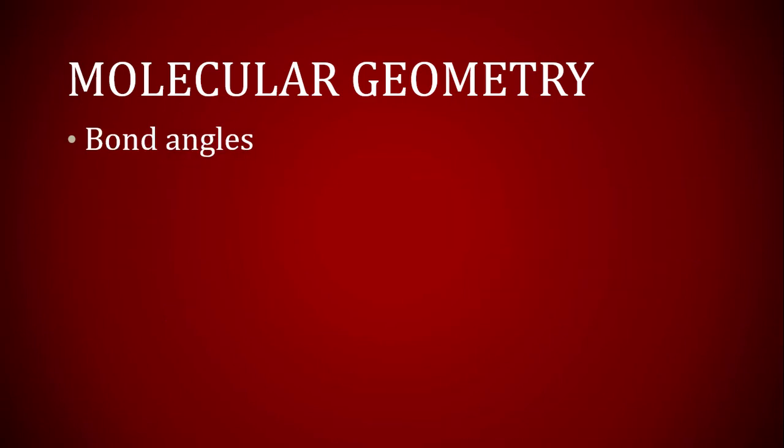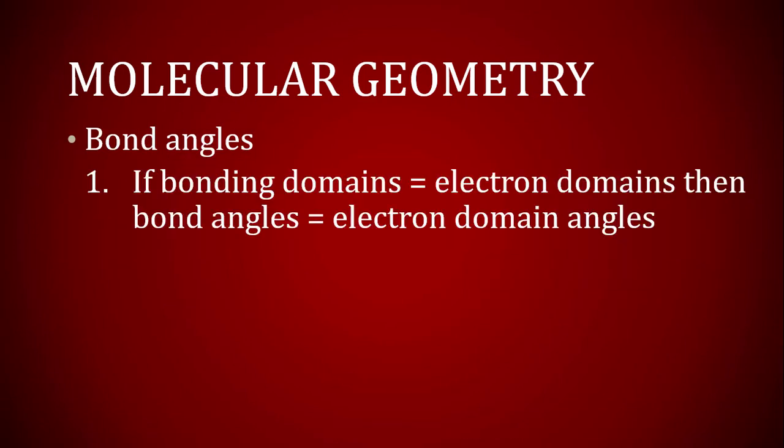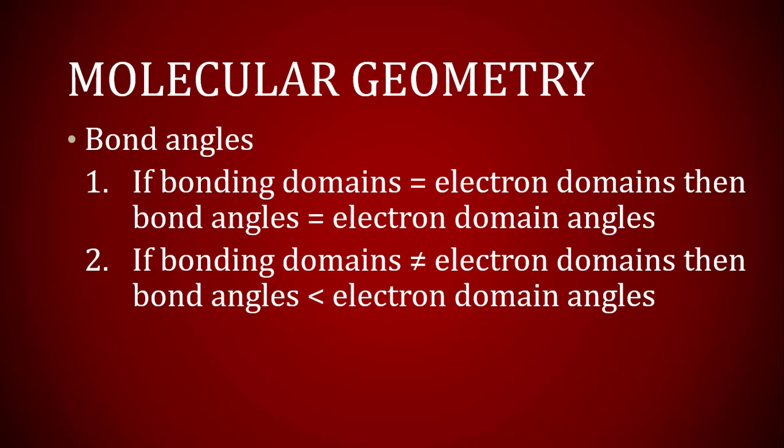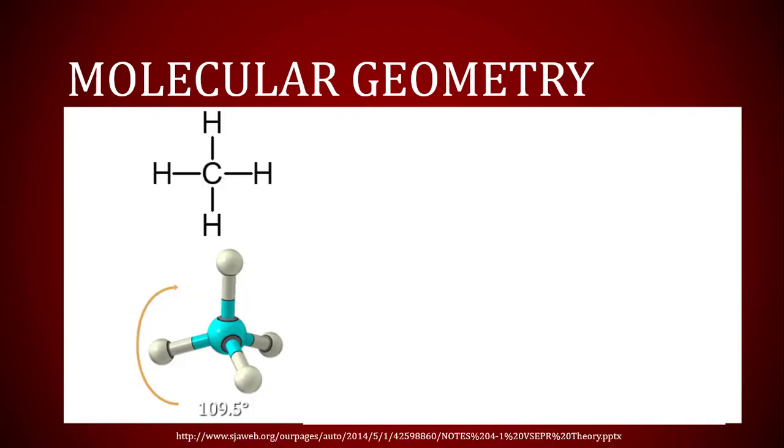Now you do need to know the bond angles. If the bonding domains equal the electron domains, then the bond angles will be the same as the electron domain angles. If the bonding domains do not equal the electron domains, then the bond angles will be less than the electron domain angles. We have methane, which has 4 electron domains and 4 bonding domains, and the bond angles are